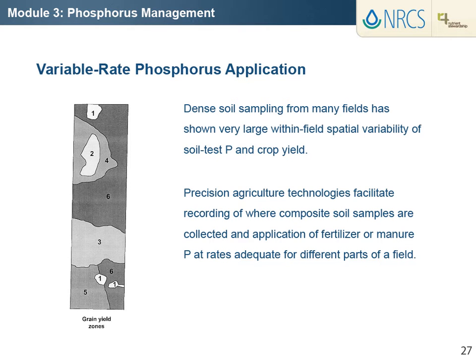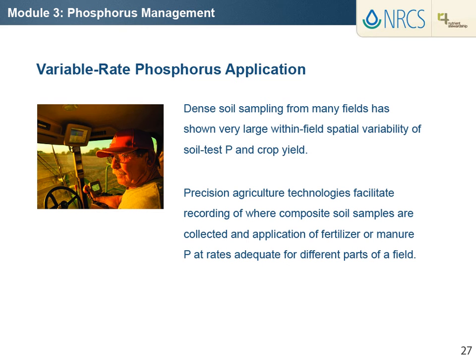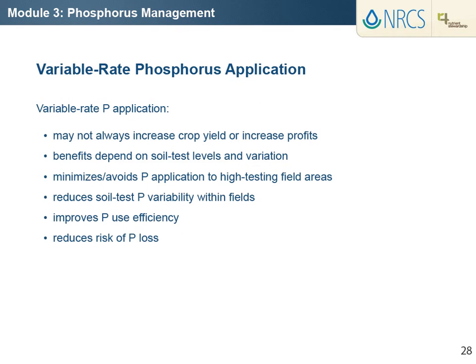Dense soil sampling from many fields has shown very large within-field spatial variability of soil test phosphorus and crop yields. Precision agriculture technologies available to producers or custom applicators facilitate application of fertilizer and manure at rates adequate for different parts of a field based on soil test phosphorus and estimated phosphorus removal. For example,